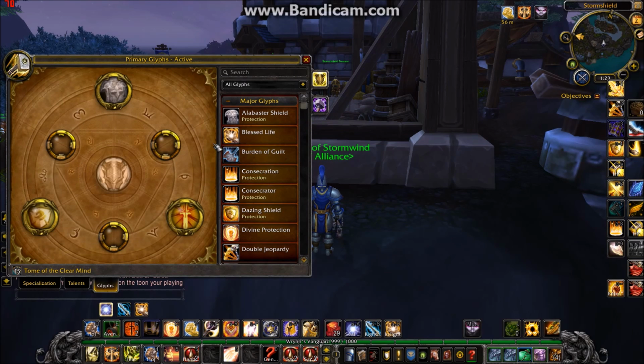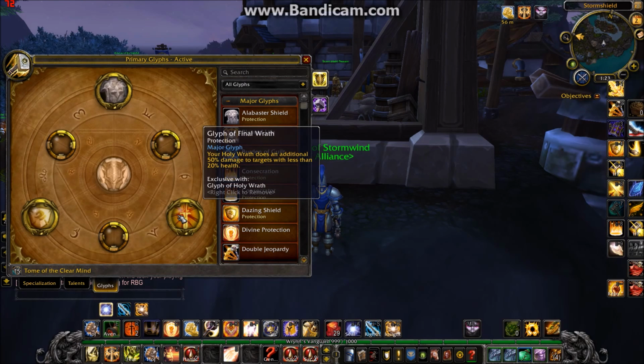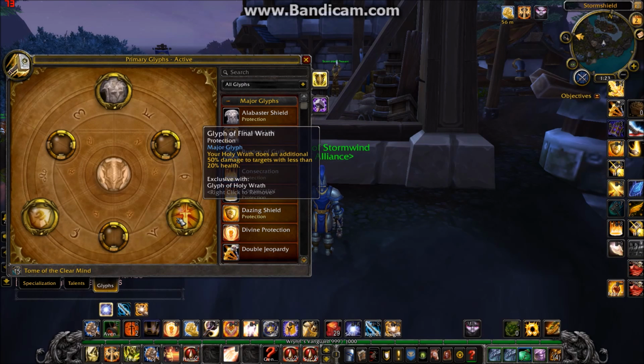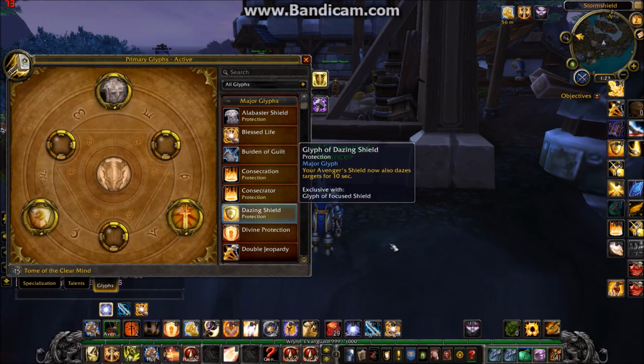So that leaves us with third glyph, which is Glyph of Final Wrath. This makes Holy Wrath hit hard. I'm talking like you can crit between 80 and 100k with Holy Wrath if you have your procs going. If you have Zerker, you can easily get 100k crit with Holy Wrath. But in a 1v1 PvP situation, your target will 100% die if it hits 20% health, because you also have